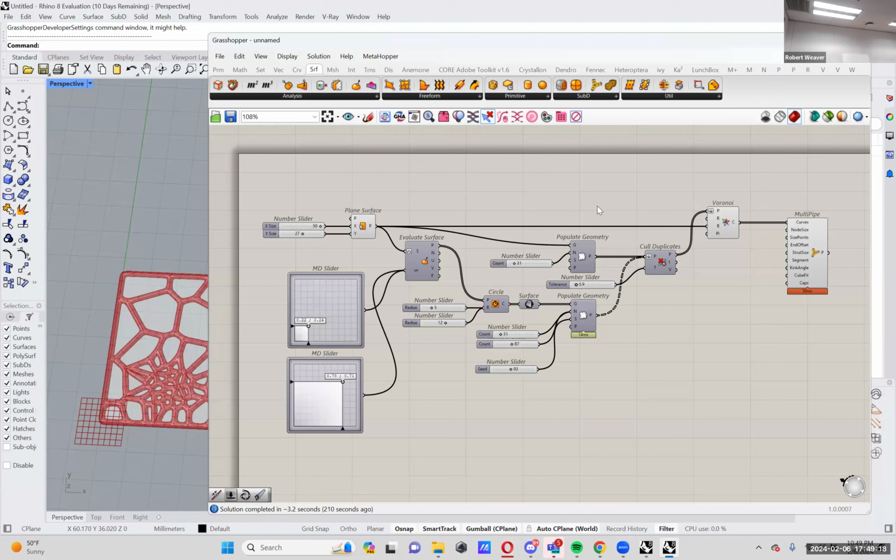Yeah, I'm using multi-pipe, which I believe is reference 7. I pointed it and I was like, they're